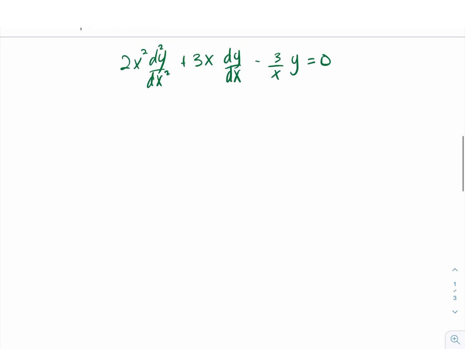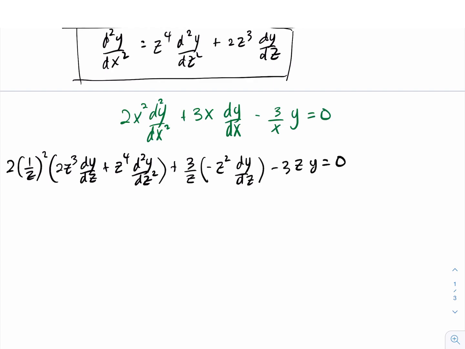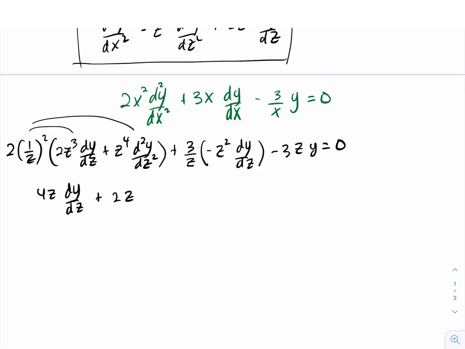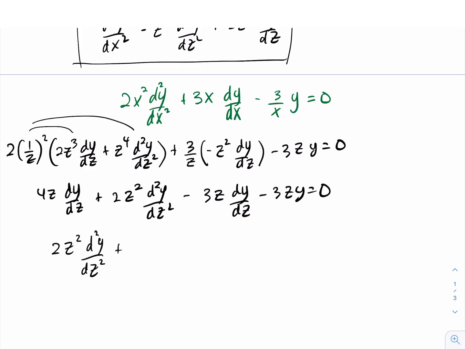Now back to our question, we want to solve this equation. So we have to substitute everything that we have done, our x into 1 over z, and d²y/dx² and also dy/dx, with what we have just shown earlier. So by just substituting, after we substitute, we have to expand and simplify it. Again, we can simplify with 4z dy/dz minus 3z. Okay, so this is our new